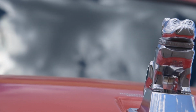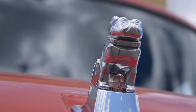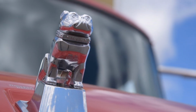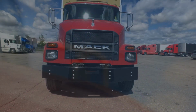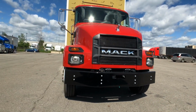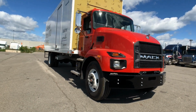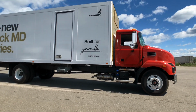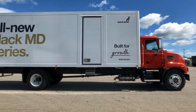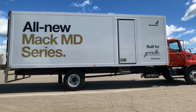I'm equipment editor Jim Park. I'm at the Vision Truck Group's dealership in Stony Creek, Ontario with a brand new Mack MD7. I happened to be driving past the dealership one day this summer and I spotted the truck on the dealer lot. It was set to appear at Canada's national truck show, Truck World, which was ultimately cancelled due to the pandemic. I made a few calls, procured all the official blessings, and set up this world premiere test drive of